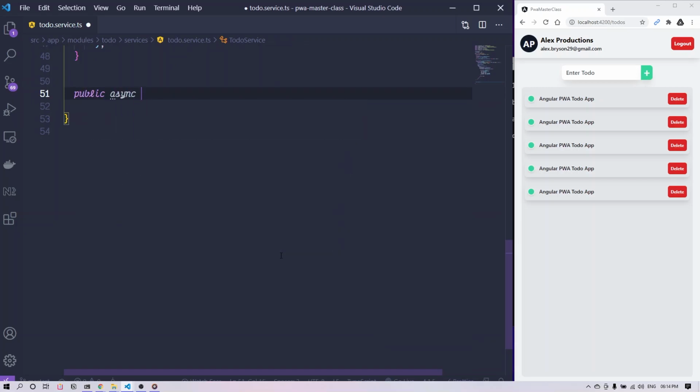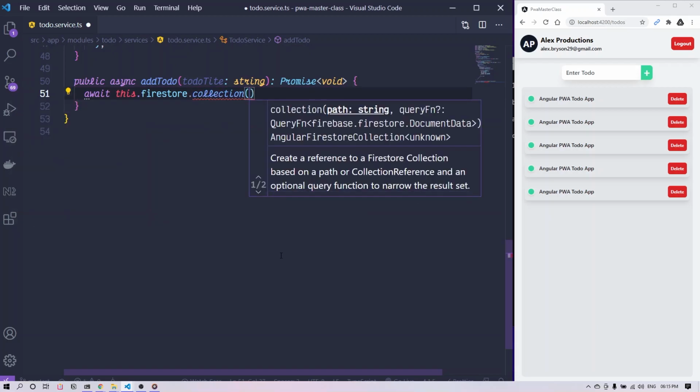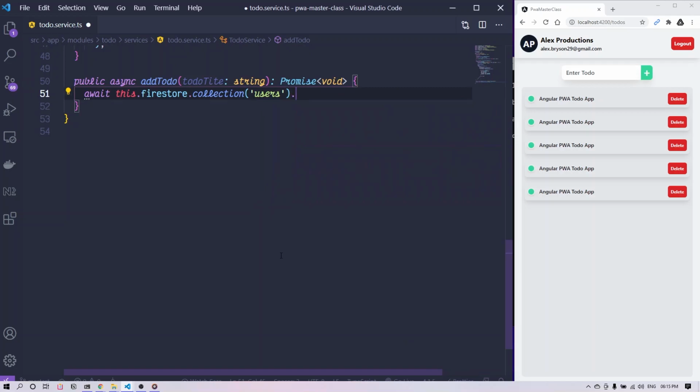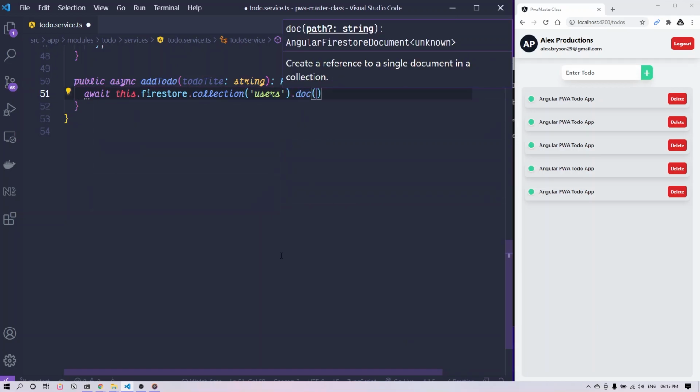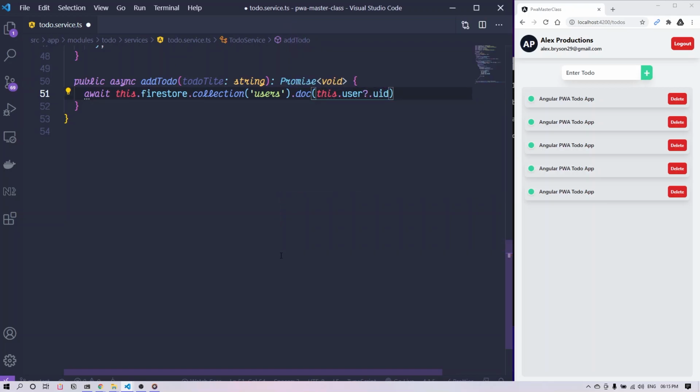Now we will create the add todo method. It will receive a todo title of type string, and as it is an asynchronous function, it will return Promise void. Now to add the data to Firestore, type Firestore, the user collection, and the document ID will be the user UID, and we will access it from the user we created at the top,